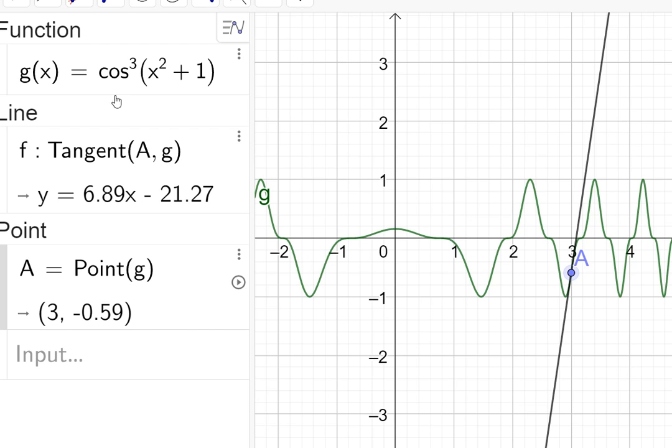So this is my function that I was dealing with. g of x, as I've written it here, is cos cubed of x squared plus 1. And this is what the function looks like. And I have picked the point x is 3. That's my point on my curve that I've decided I'm interested in this time. And I have my tangent line equation here, in the form y equals mx plus c, and I can see that the slope of the tangent to the curve is 6.89,